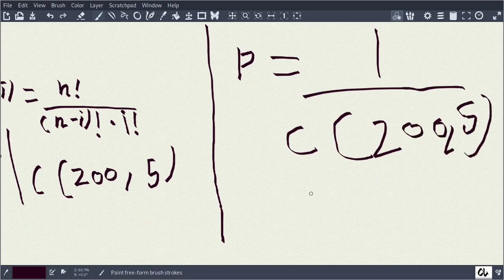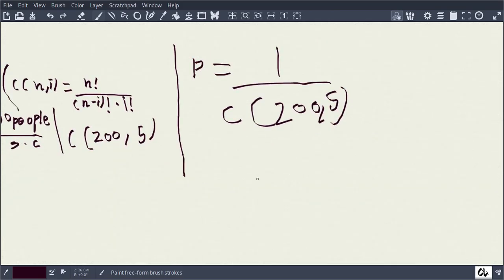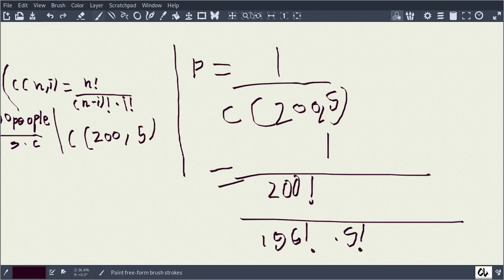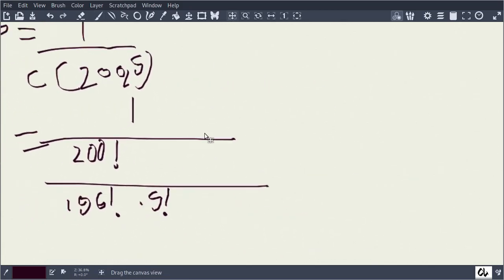So now we can substitute the value, and this would basically be 1 over 200 factorial over 195 factorial times 5 factorial, since 200 minus 5 is 195. And it gets flipped over because it's a reciprocal. So this would be